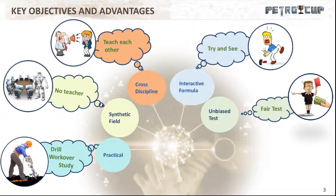Apart from training, the PetroCup sessions provide an unbiased, robotized assessment of the team in their ability to perform. This may be applied in many ways in practice, from testing individuals to testing a complete asset team, from testing students and postgraduates to testing a new team of experienced professionals